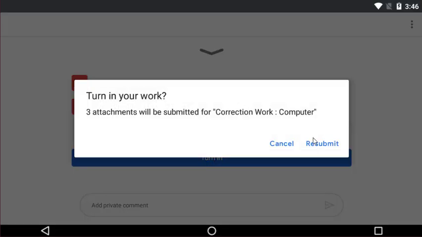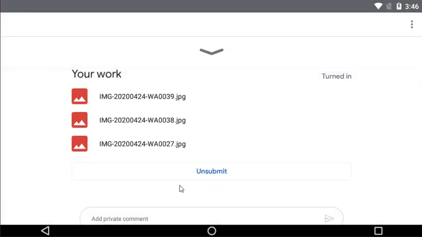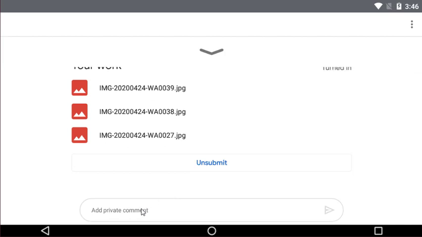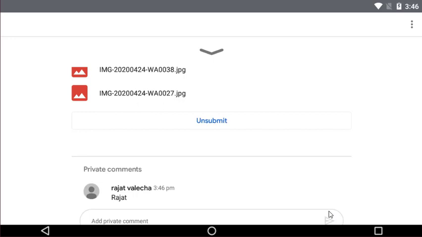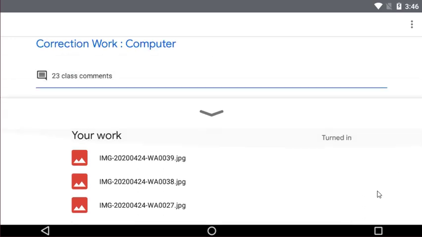After clicking on this turn in button, a pop-up will appear. In this pop-up, we have to select this resubmit. And just after that, you have to mention your name over here in the private comment option. So here we will write the name and then we have to click on this submit button. That's it. Now you have successfully submitted your work.